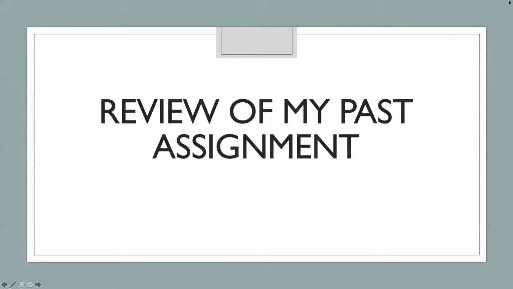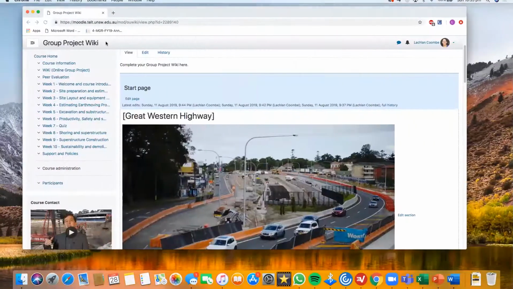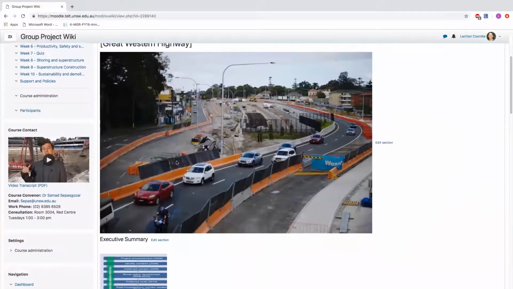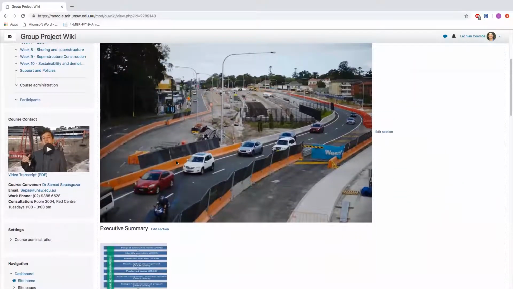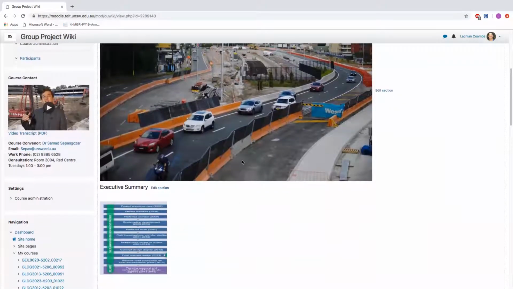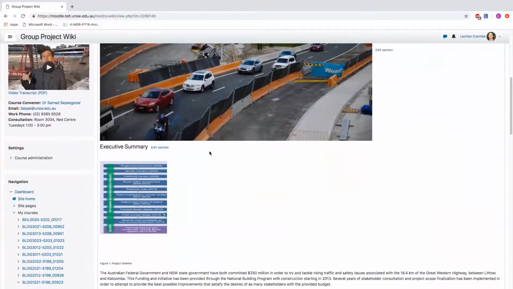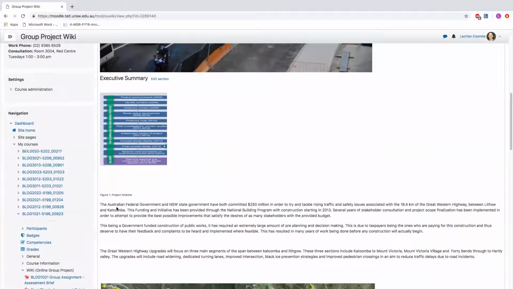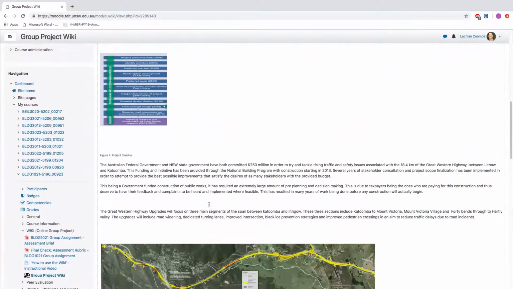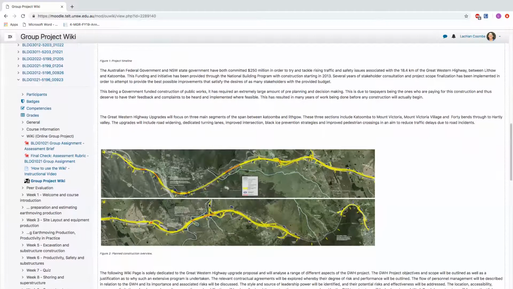All right, so we'll start to review my old past assignment. So we were doing the Great Western Highway, 10-person group that eventuated into 9 as someone dropped out, but that's all part of it. So part of your executive summary, the team leader, this is part of theirs. You want to be giving a brief introduction into it, going through what the project is, you know, is it government or private, that sort of thing. Pretty standard executive summary. Trying to include as many visual sort of graphs and images relevant to the project, try and create a bit of an understanding for the marker.